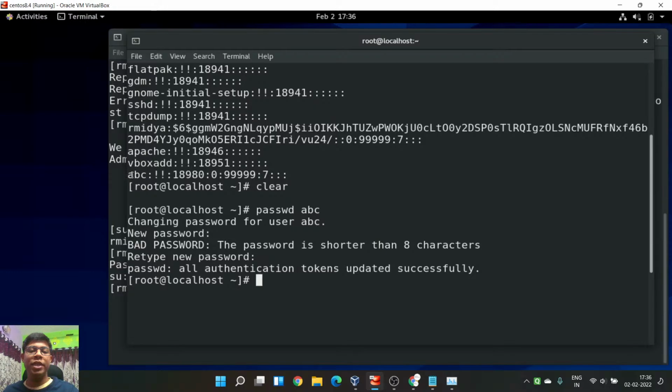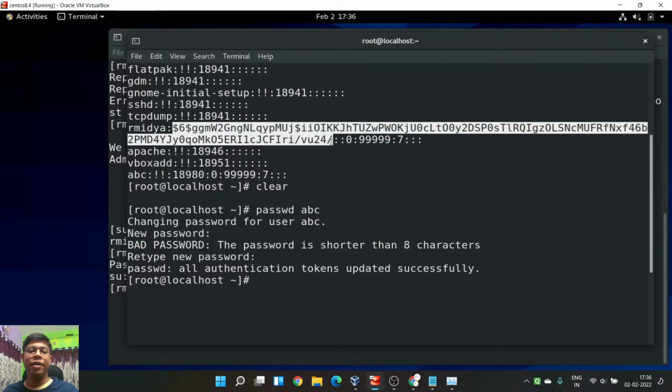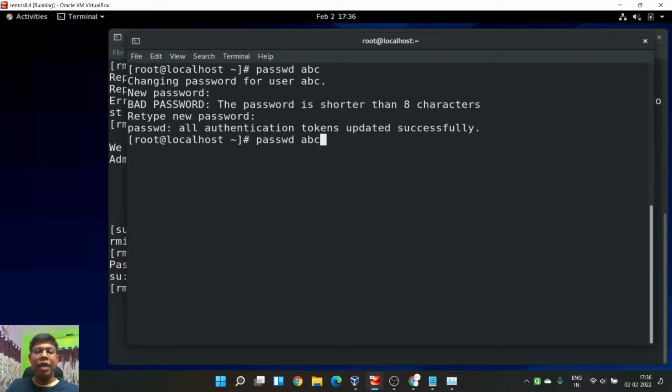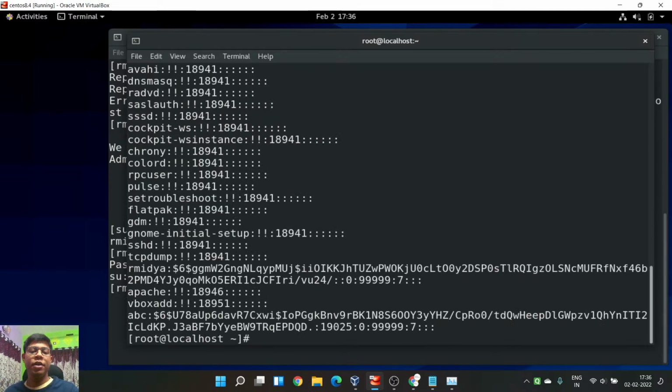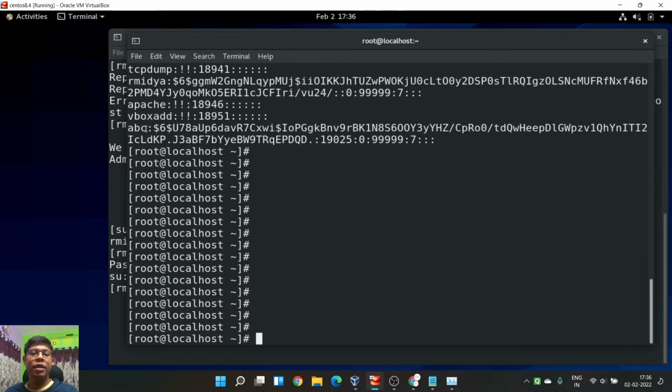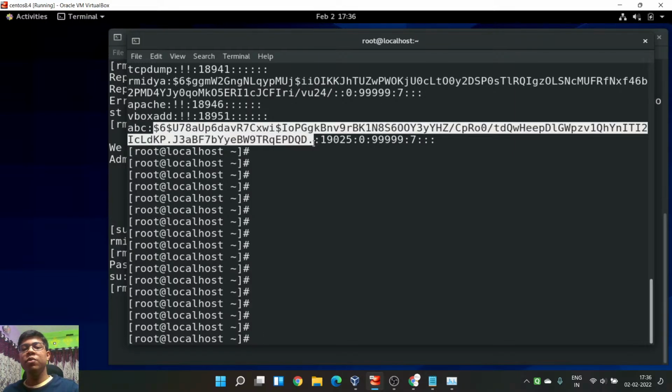So previous time you see the ABC user had no password. Can you see a hashed value here? No, nothing. But I set up the password here. And now if I again read this file, you will see the ABC user comes up with a password. The ABC user has the password. So that's what I want to tell you: each and every user, whatever you have, everything is files and folders. There is nothing beyond that.